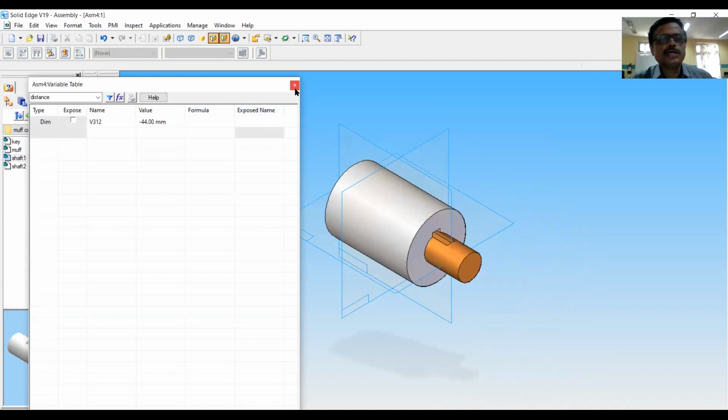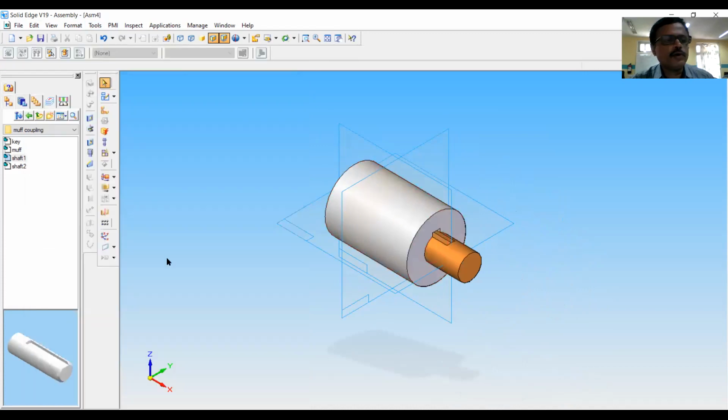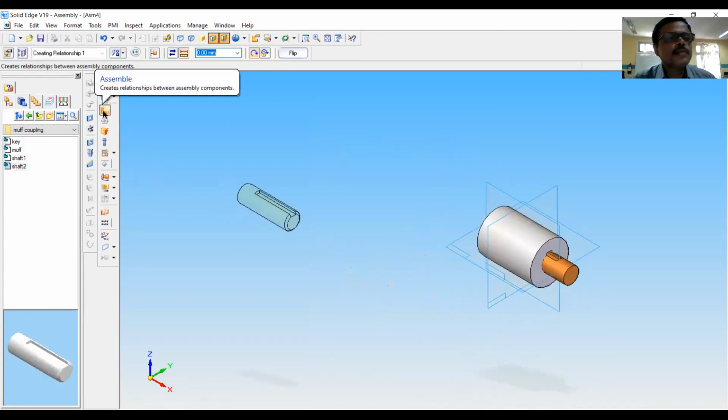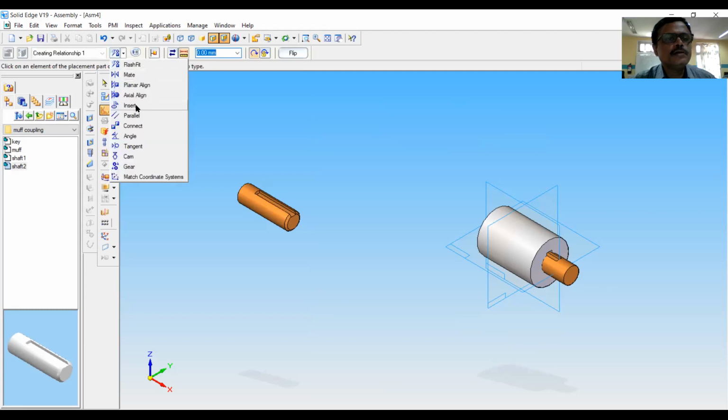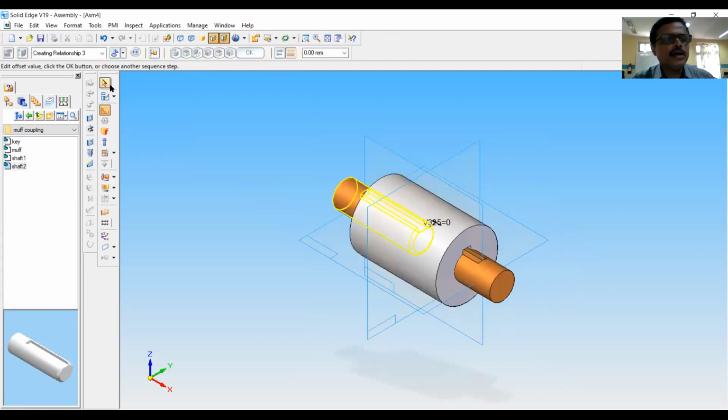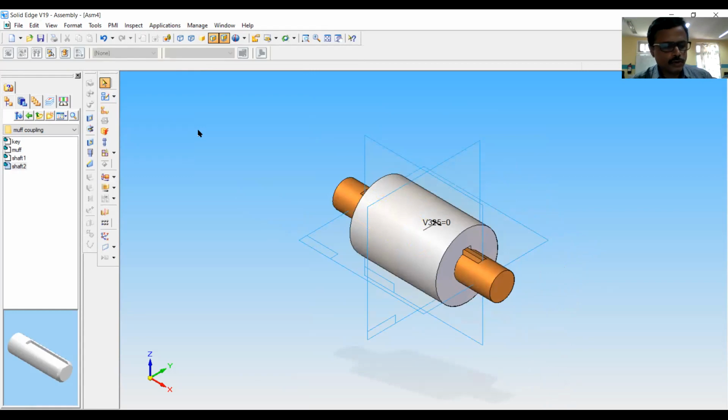So the shaft is there at a distance of 44 mm. Now take the second shaft. For that also insert axis of this with axis of this, mate this surface with this surface. So now you can see the shafts are also assembled.